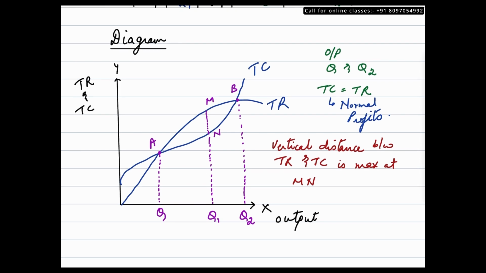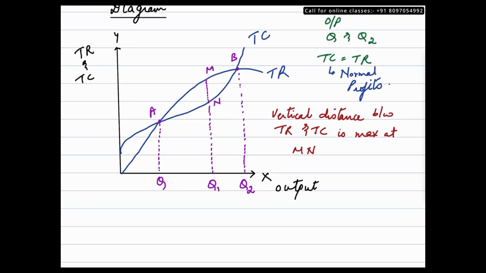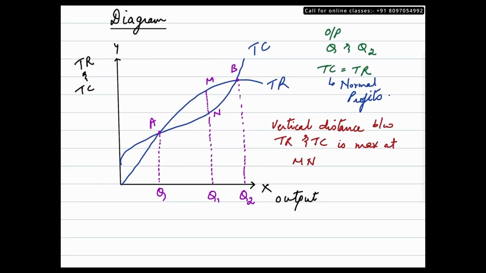Let me scroll it a little up so that I have some space to write. So at MN, since the vertical distance is maximum, what is happening to the left of it and to the right of it? Okay. So to the left of MN,